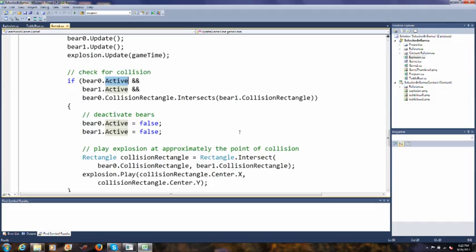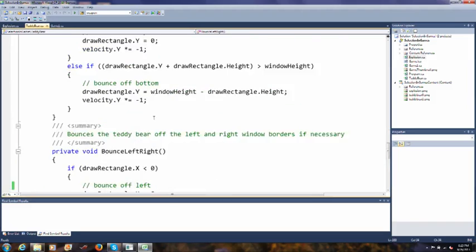If one or both of them are inactive, we don't care if they collide. Here's the part where we check the overlapping of rectangles. So bear 0 is a teddy bear object. He's exposing, the teddy bear class exposes